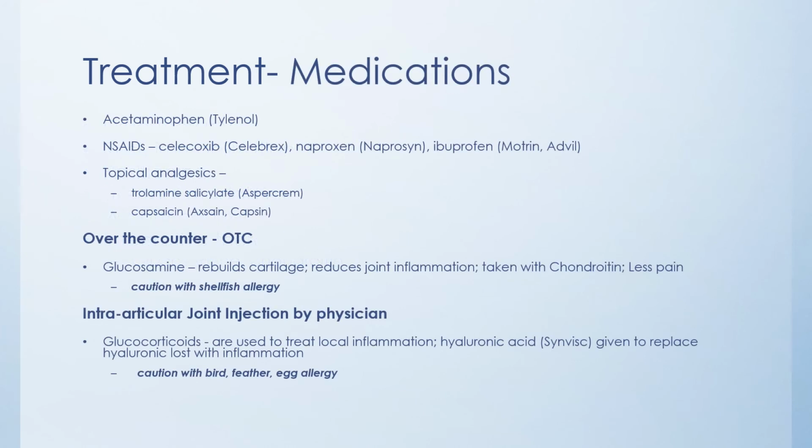These are the medications we may give. So they may get some Tylenol. They may take some NSAIDs like Celebrex or naproxen or ibuprofen. Those are non-steroidal anti-inflammatories, so the goal of those is to reduce inflammation, which would reduce pain. We might look at topical analgesics like Aspercreme or capsaicin, and that's going to be to help relieve the pain